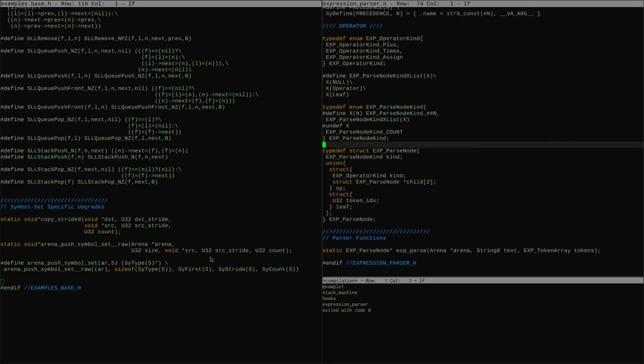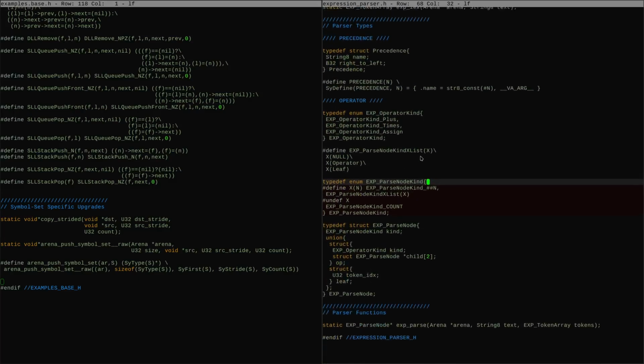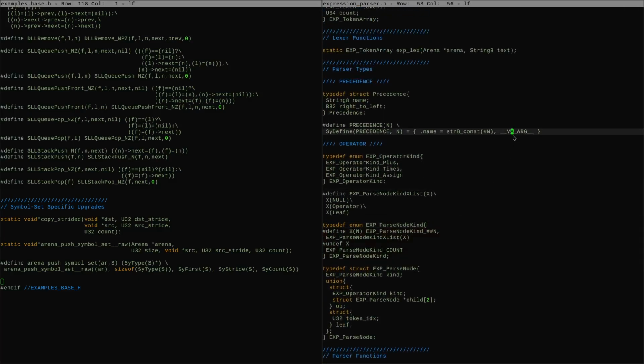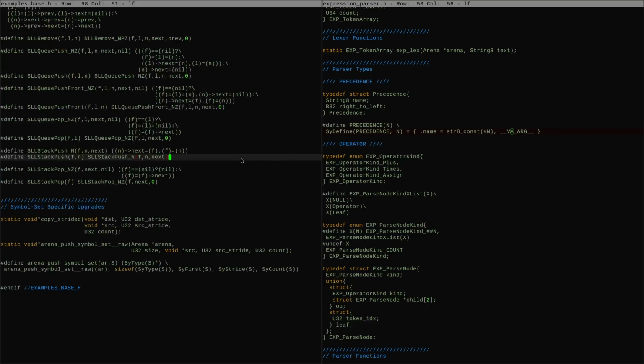There we go. Okay, so I don't have any instances of this. I think that's the right way to spell it. Oh, it's good that I've got one. I'll just leave it at that and try it out. So precedence needs to know name, and if it's right to left. And the operator